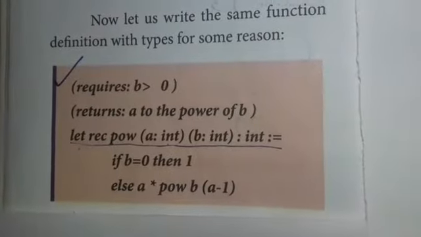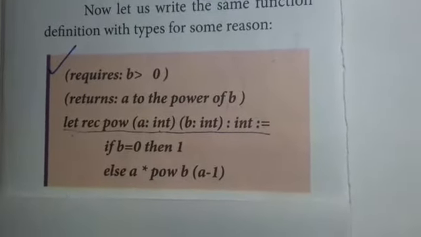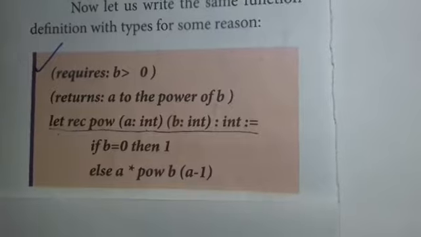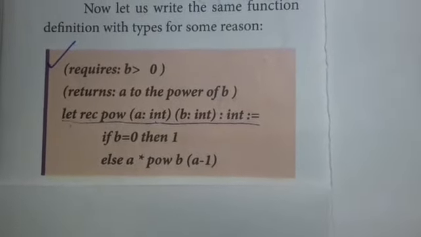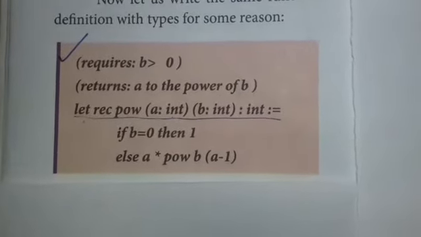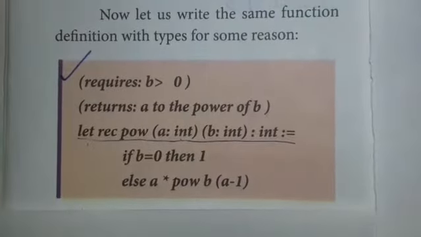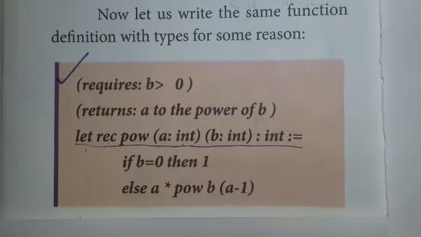The second type is parameter with type. So understand, a function is the small set of code which we are going to execute to complete our specific task. When you want to create a function, you need to give a function name. For that function, parameters are the variables that have to be given and the values assigned to these parameters are called arguments. Parameters can be given in two ways. One is without type, the second is with type.